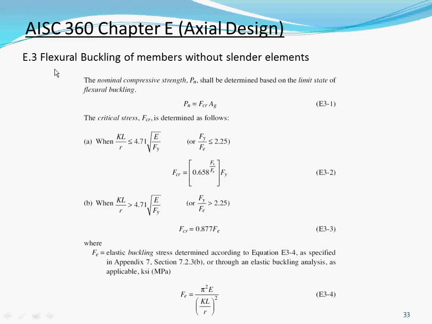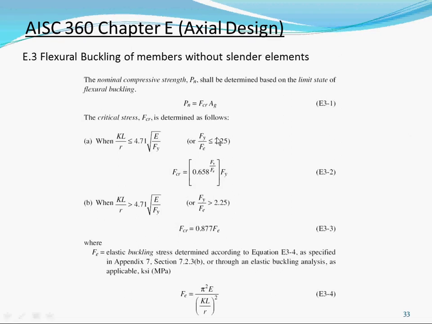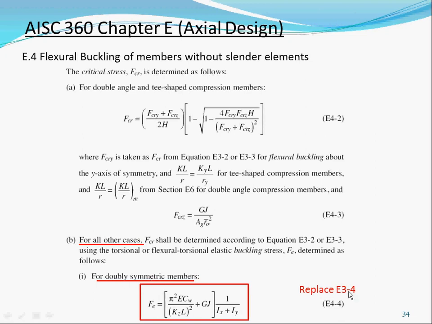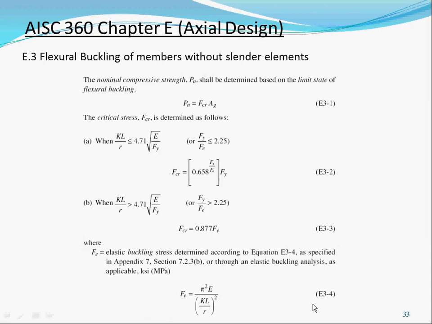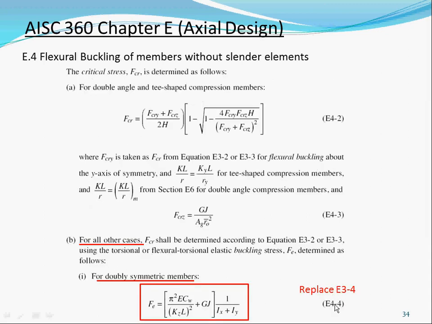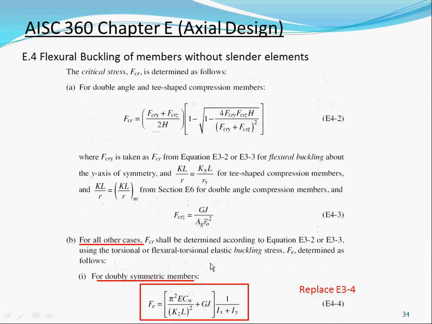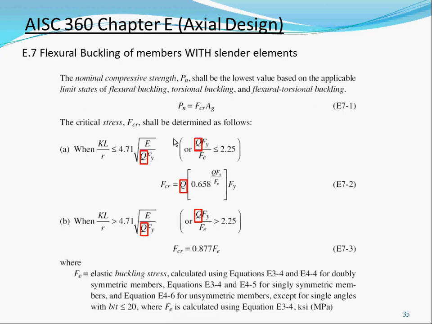So for E3, this is pretty straightforward. You guys used that before. Plug and chug, no big deal. If your FE is determined as this, then you use that, and then you get your Fcr. That's not a big deal. So now, for E4, for all other cases, you need to find out for doubly symmetric sections what FE would be. So essentially, instead of E4, you replace it with the equation for your analysis and design for E4 and E3. E7, like I say, are the Q factors to capture